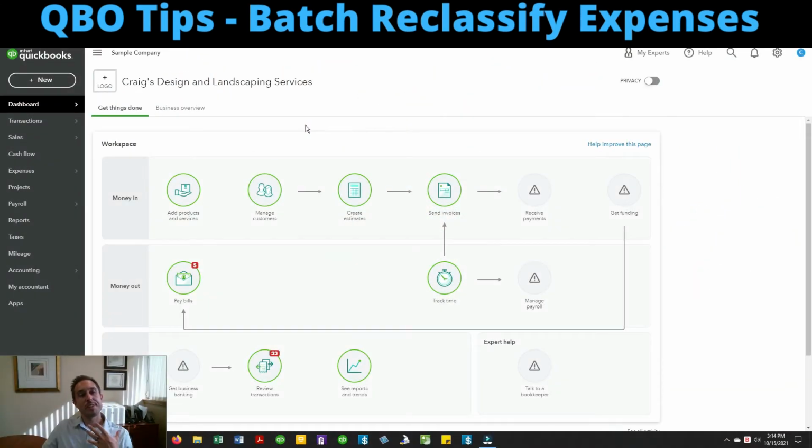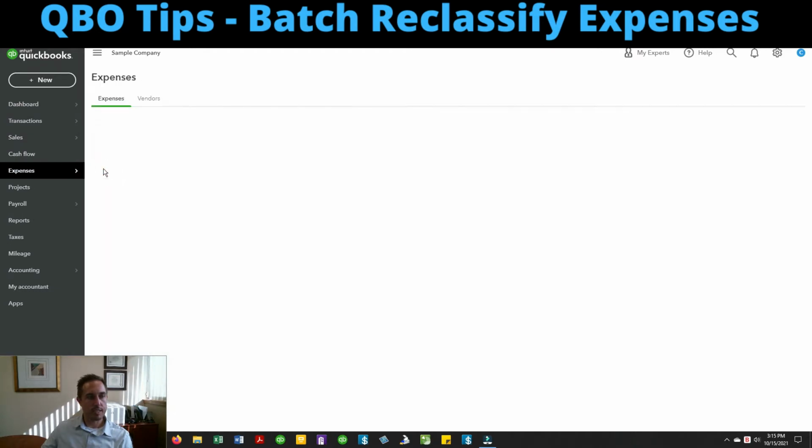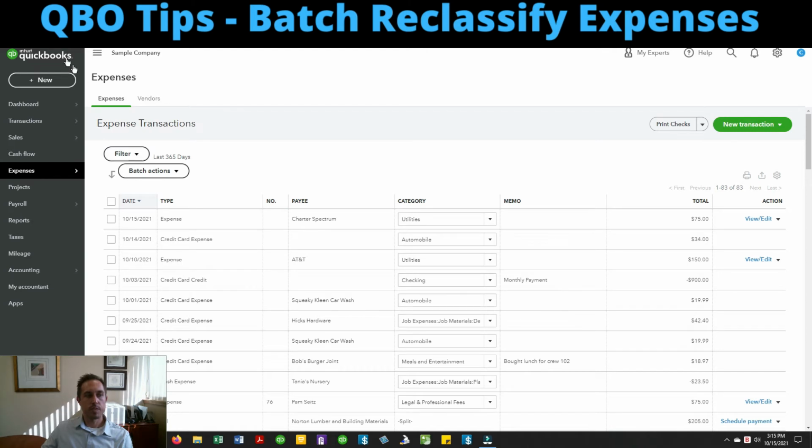Okay, so I'm in the demo company, and all I need to do is go to the expense center. So I'm in the accountant's view, which means I can go to expense and expenses. If you have something that looks a little bit different for the sidebar over here, you'd want to go to transactions up there and find the expense tab, and you'll find a screen that looks just like this.